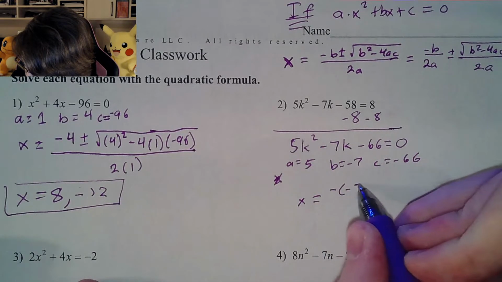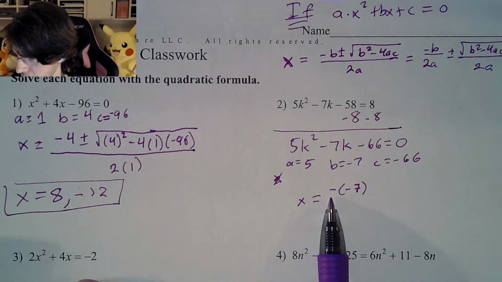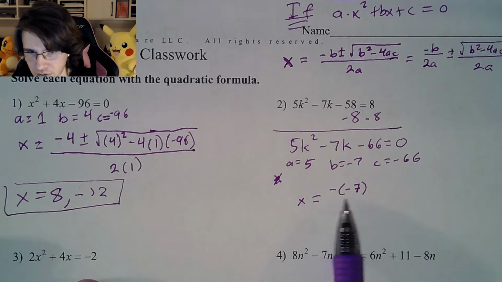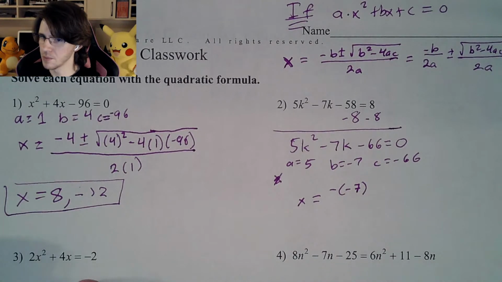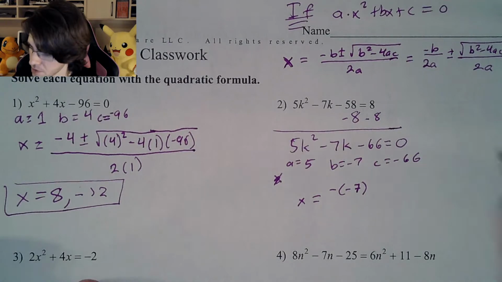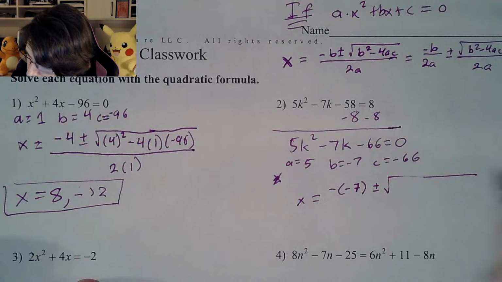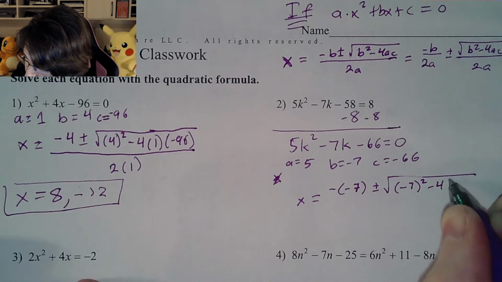Negative B. I'm going to pause there for a moment. Negative in the formula, and then B in this problem is negative. So make sure you remember that we have two negative signs in this problem. If you would prefer just to write positive 7 right away because you're comfortable remembering that a negative of a negative is a positive, feel free to do so. Plus or minus, we got a square root of B squared minus 4A